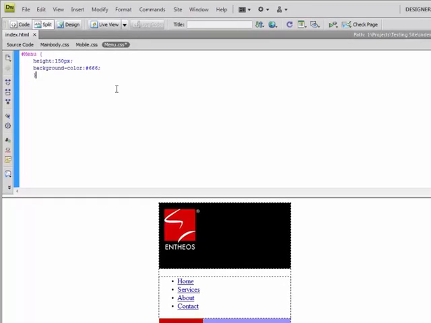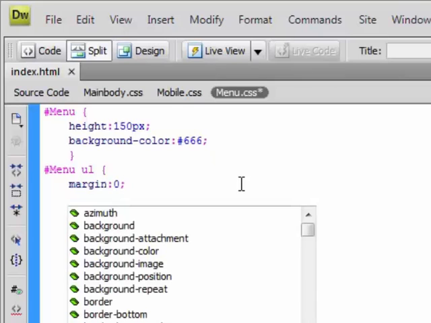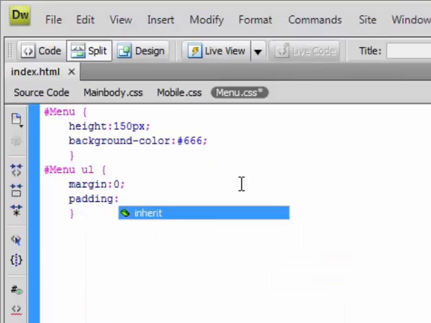It's just going to work just the same. What I'm going to do is actually write my CSS. So for the menu, I will write my CSS. First thing I need to target is the unordered list and the list items. So I'm still going to be writing my menu, and then I'll say UL, unordered list, and then open and close curly brackets. So here I'm going to set the margin to 0, semicolon, and set the padding to 0